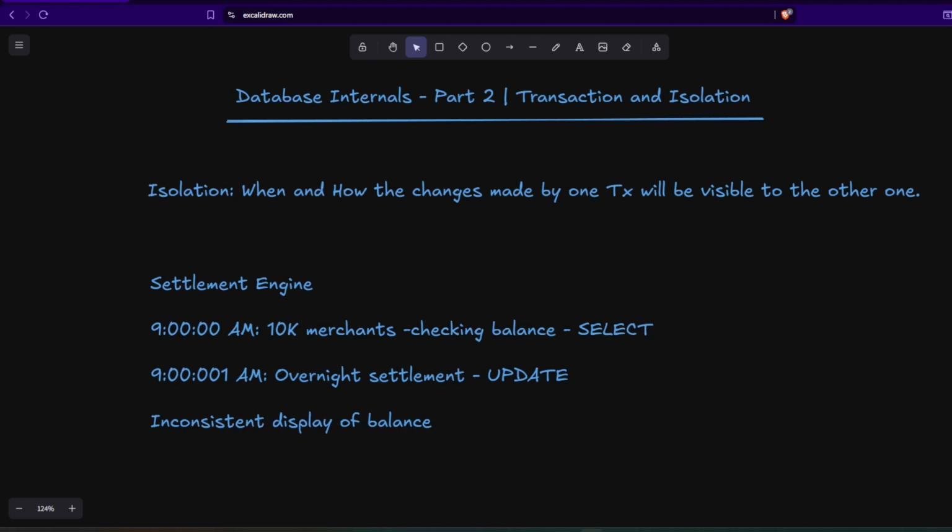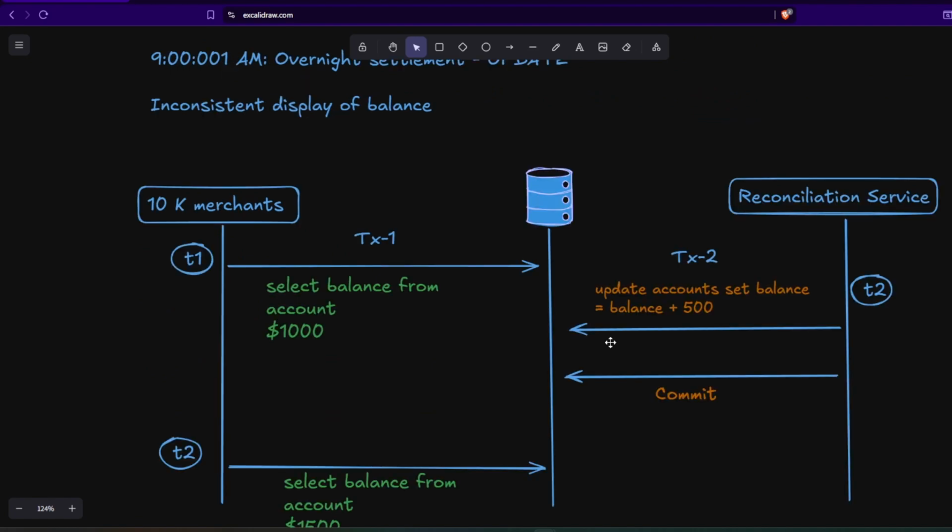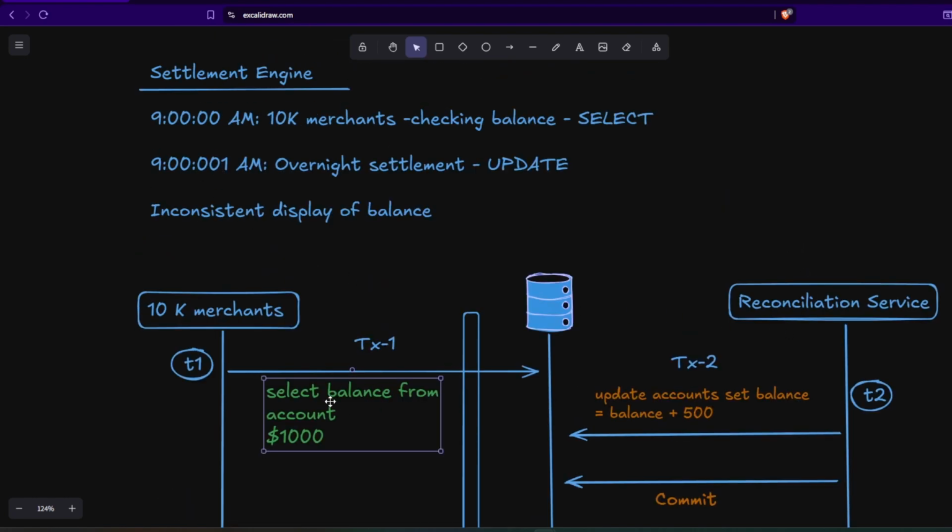Okay, so let's take a deep dive into the settlement engine process and understand why it might happen. Let's understand through this diagram. Here there are around 10,000 merchants. They have started a transaction. This whole thing is basically a single transaction. They have started some kind of calculation at their end by taking the result of this transaction at t1, or timestamp 1. By selecting their balance, they got that their account has around 1,000 rupees of balance at that moment. Then, just right after this, maybe 1 millisecond later, when they got this result,